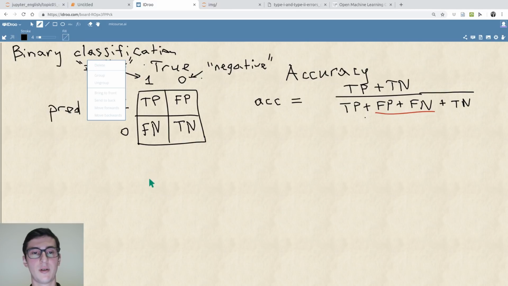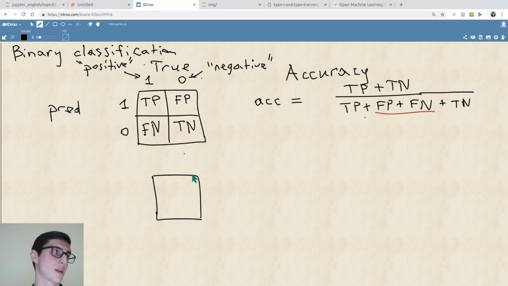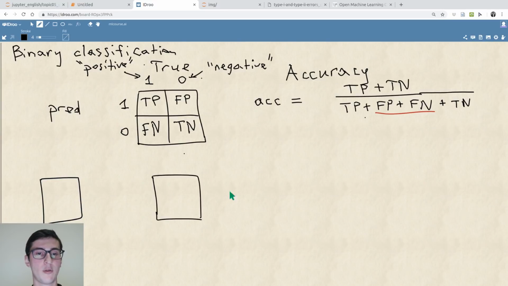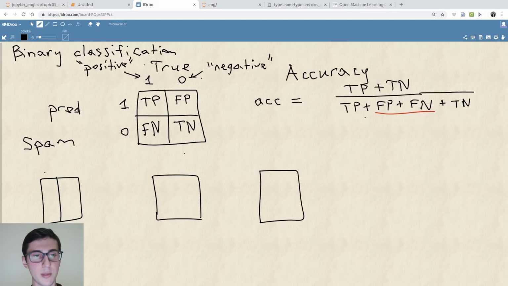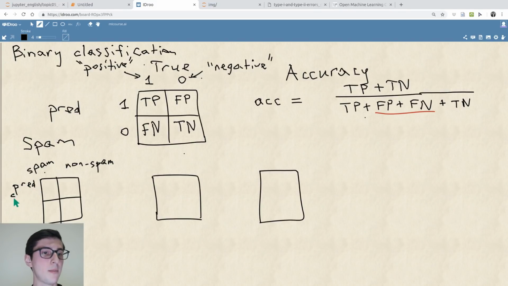Let's just think about the very same confusion matrices, but for some applications. Let's say, classical, maybe one of the first historical successful implementations of machine learning models is for spam detection. Okay, I'll be writing several confusion matrices, but for different tasks. Let's just take a look at three. And the first is going to be spam detection. Just the same, we'll have true labels and our predictions. So the true label in the left column is going to be a truly spam letter and non-spam. And in rows we'll have predictions. So the first row will be predicted spam, and the second row is going to be predicted non-spam,